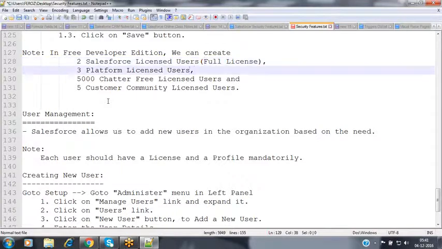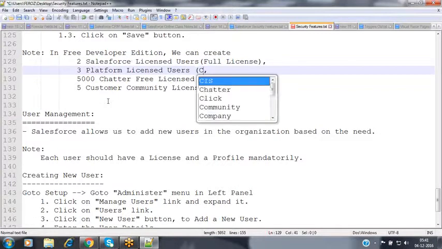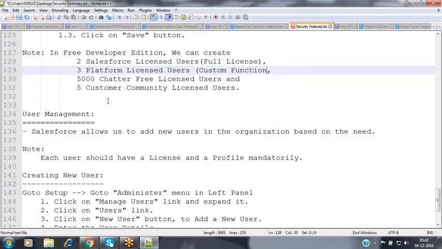So when you go to the platform license, the platform license is purely concentrating on the custom functionalities. Whatever custom application you have configured, custom objects, custom functionalities you have implemented, everything we can access, and along with that, we can access only a few standard objects of Salesforce. All the objects of Salesforce cannot be visible to you. Only account, contact, opportunity, task object and event object will be accessible to you. All the standard objects of Salesforce will not be accessible to you inside this platform license.